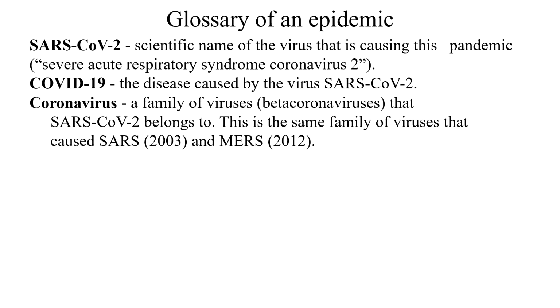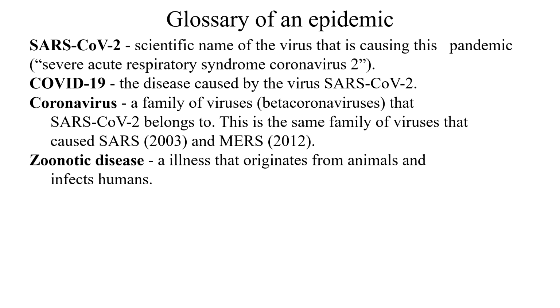There are other coronaviruses that caused pandemics in the past. One was SARS, and that's now called SARS-CoV-1, by the way. Another coronavirus that caused an epidemic was MERS, or the Middle East Respiratory Syndrome. All of these are what we call zoonotic diseases, meaning somehow, somewhere, the illness originates from a virus that came from animals, usually wild animals, and somehow infected humans. And I'm going to show you in a couple of slides what we believe is the case when it comes to COVID-19.